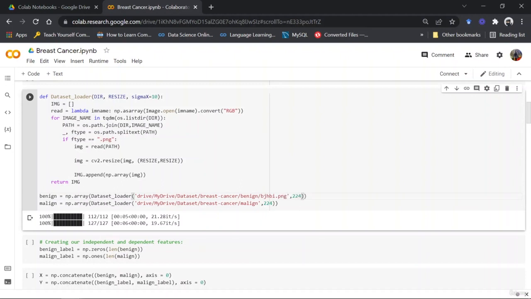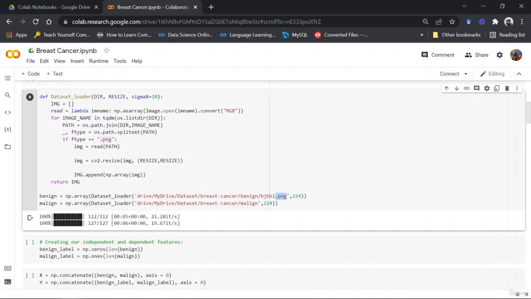So what happens here is that your data gets split into a list of two elements where the first element is this and the second element is this. We have taken the second element and we are looking if it is png or not. If it is, then read the